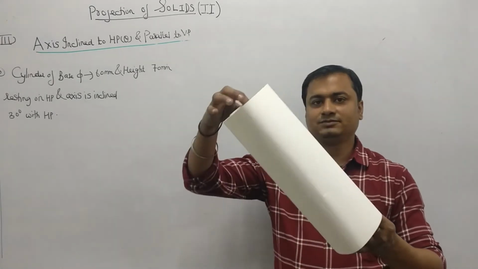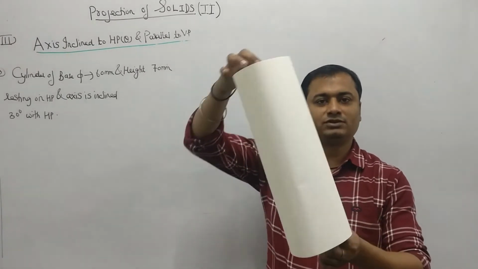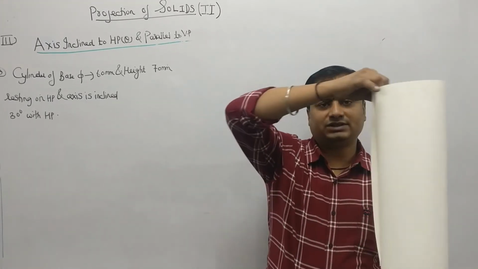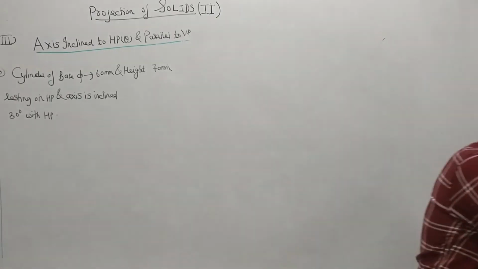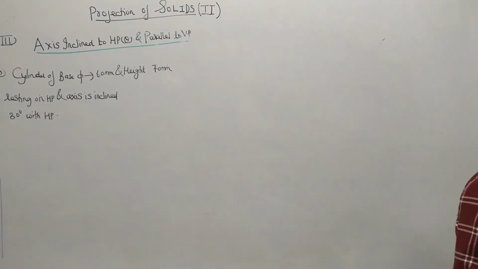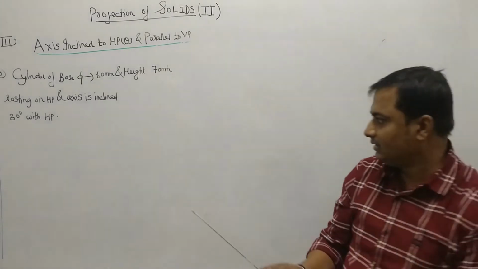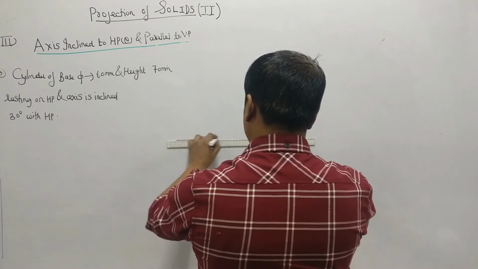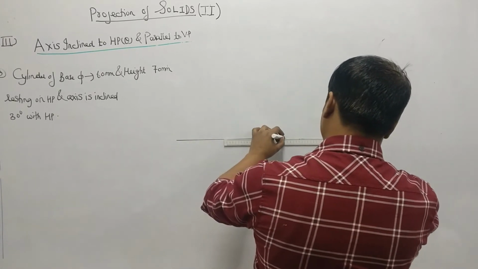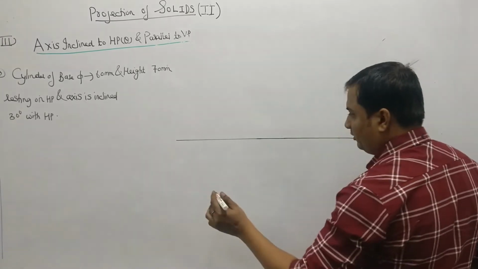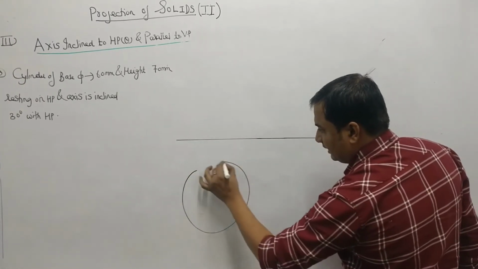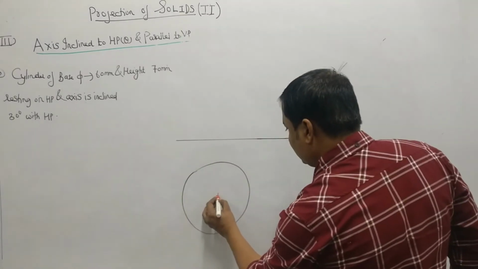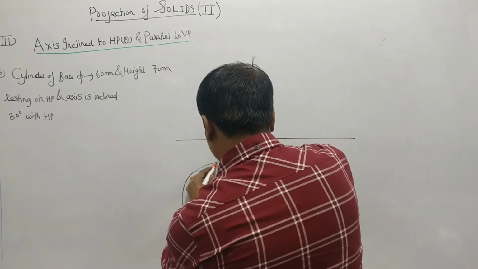So first part, again the concept is the same. We have to make it for this. So first we will be making it for this. I will be assuming it standing on HP. I will be drawing the top view, front view. Then later on in the second stage I will be making it inclined. Okay. So the top view will be a circle, suppose. Again in a rough manner I have drawn. So this is my top view. So this is a circle with 8 equal parts. So always divide the circle into 8 equal parts.